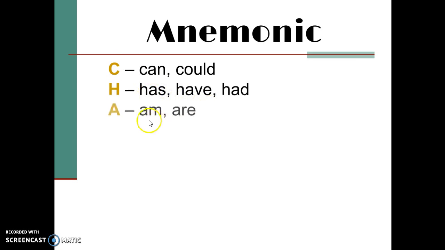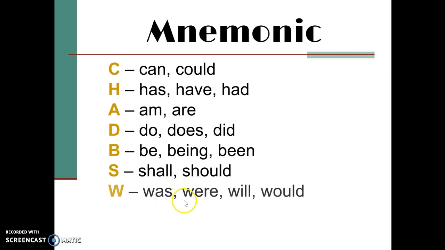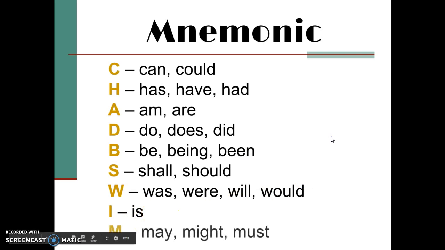The C in Chad is can and could. H, has, have, had. A, am, are. D, do, does, did. B, be, being, been. S, shall, should. W, was, were, will, would. We only have one I, that's is. And M, may, might, must. So we have Chad B. Swim is 23 because there are